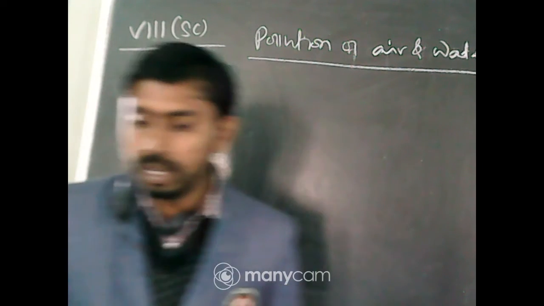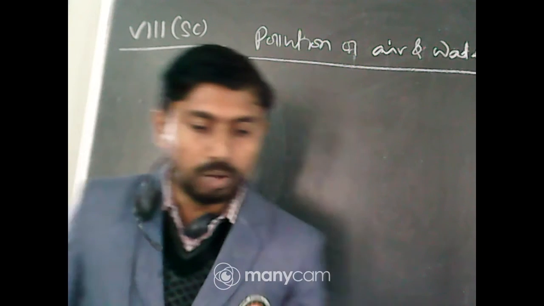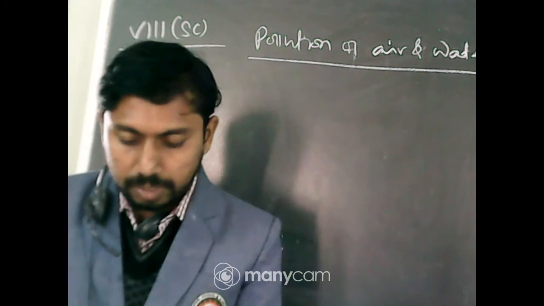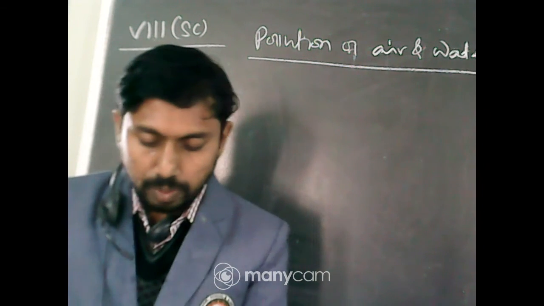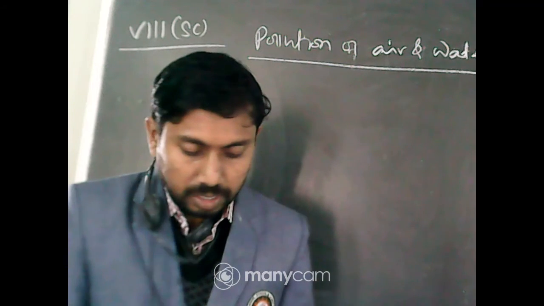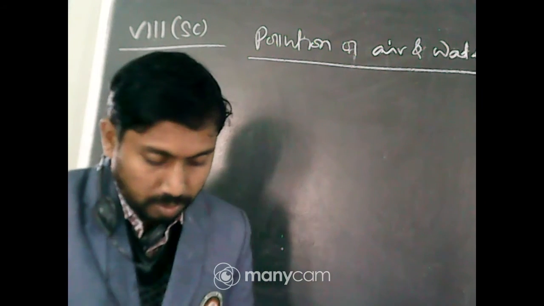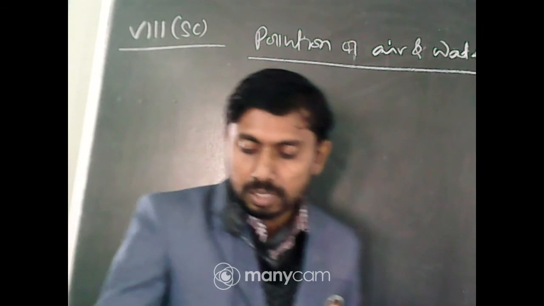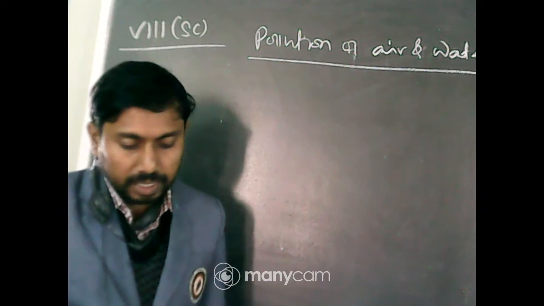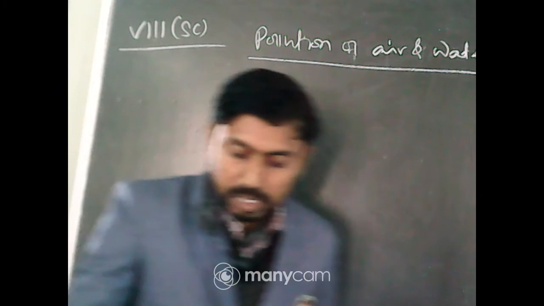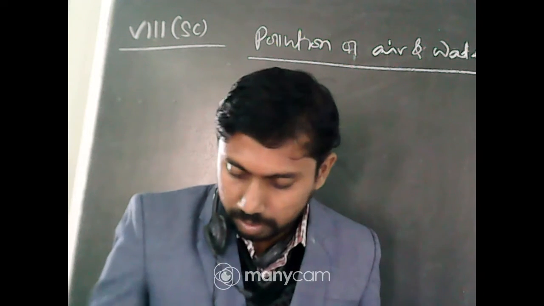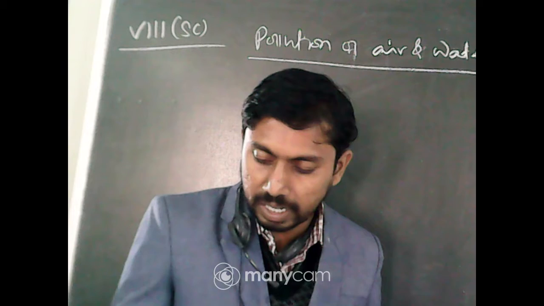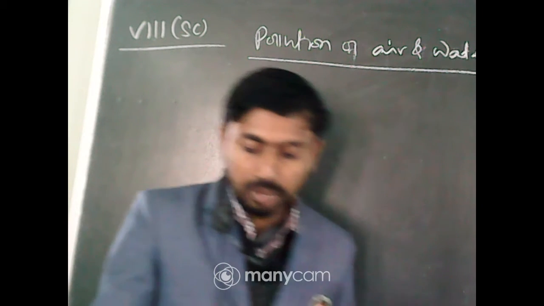Okay, at last of the class, I will tell you about the syllabus. But previous to that, we will complete the chapters we are discussing. So just a few points from the previous day, that is from section 18.7, how does the water get polluted, a case study on river Ganges.